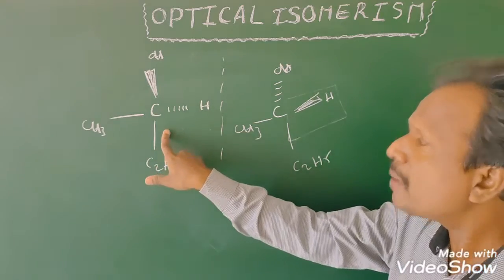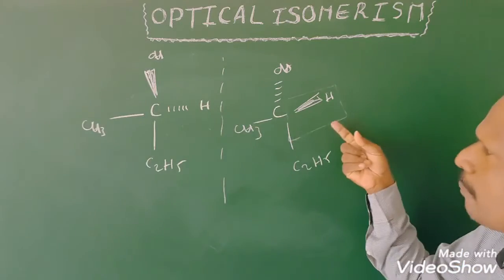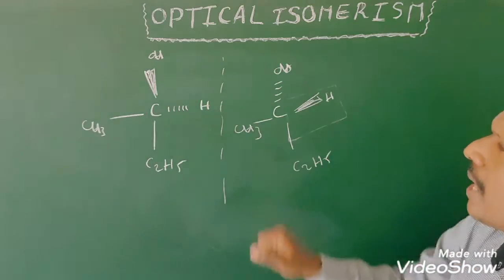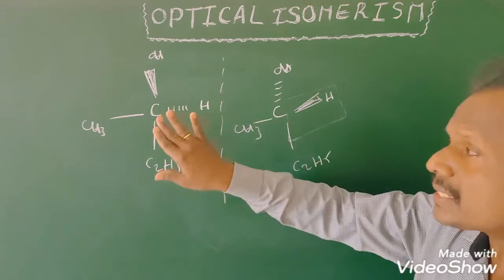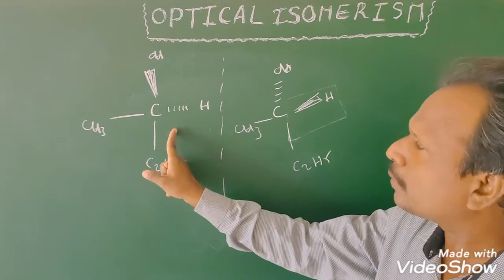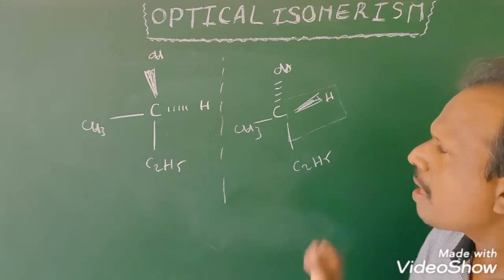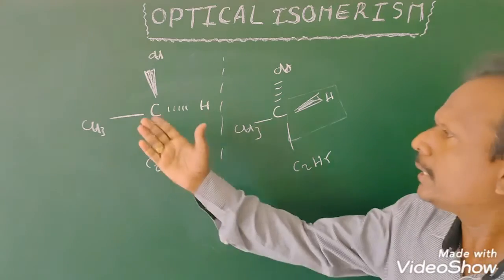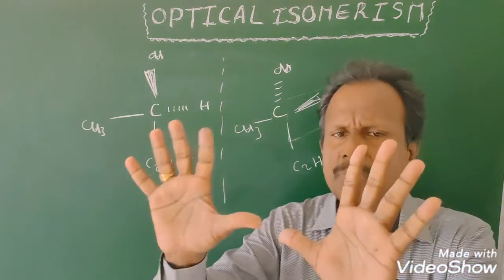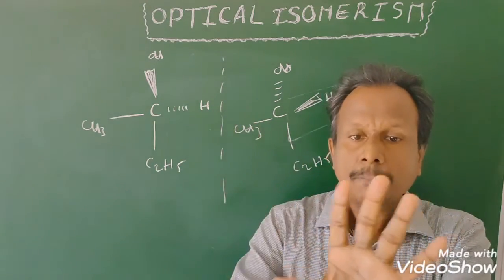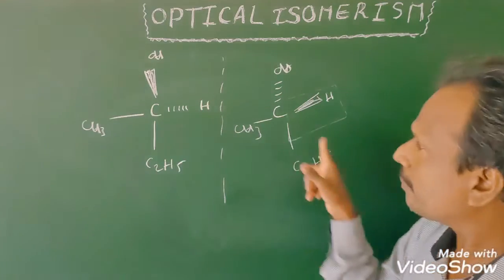Every optically active compound has a mirror image. It is one compound, and its mirror image is another compound. This pair of compounds is called an enantiomeric pair. That means if symmetry is absent in any organic compound, then that compound is optically active and has a mirror image. For example, it is similar to our right hand; the left hand is its mirror image, but the finger orientation is different in space. Like that, the spatial arrangement of groups differs.